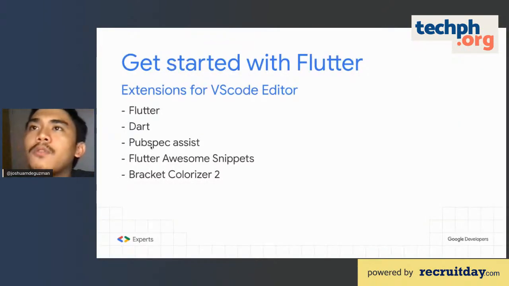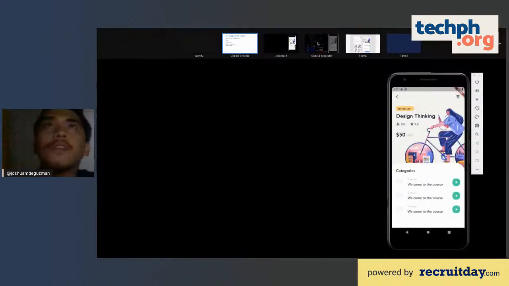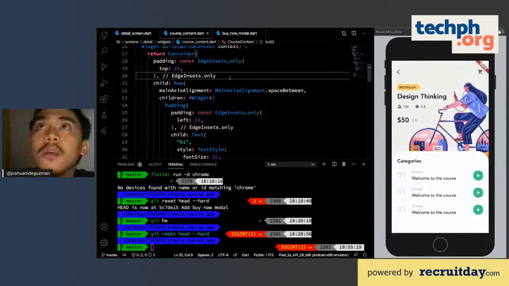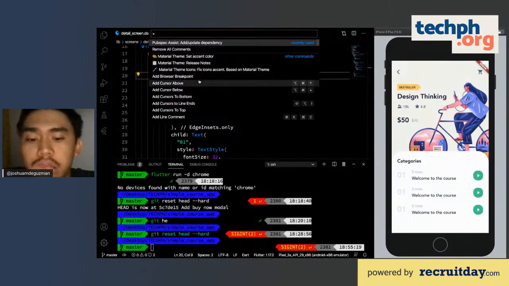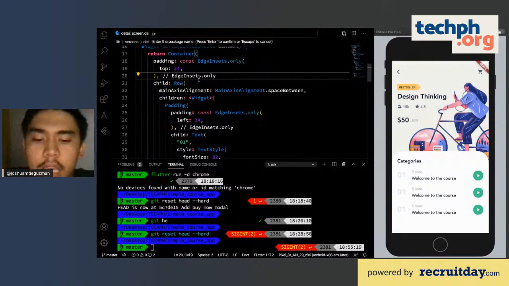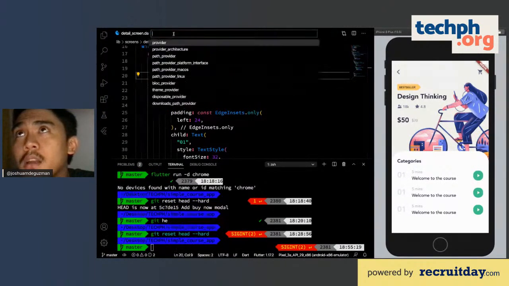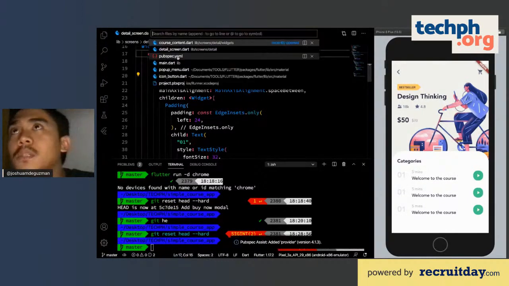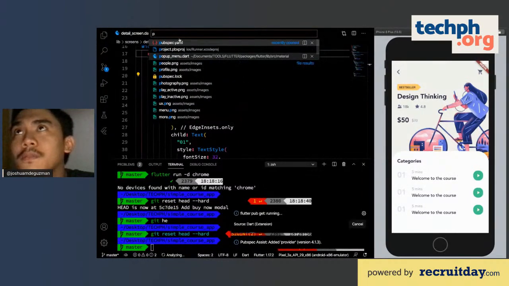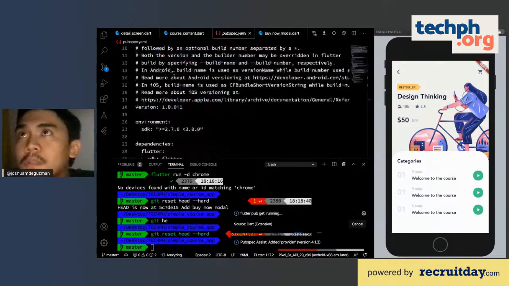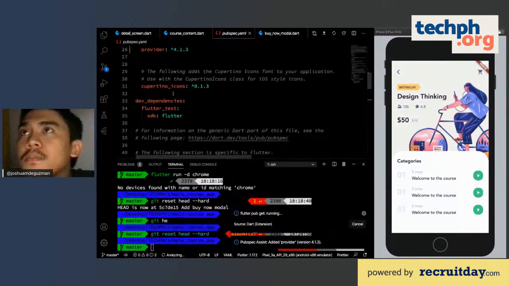PubSpec Assist allows you to add dependencies directly to your pubspec.yaml without going to the page of the dependency. So for example, I add here, provider, I enter it, and I'll just press enter. I'll go to the pubspec.yaml, which is the very description of a Flutter application.